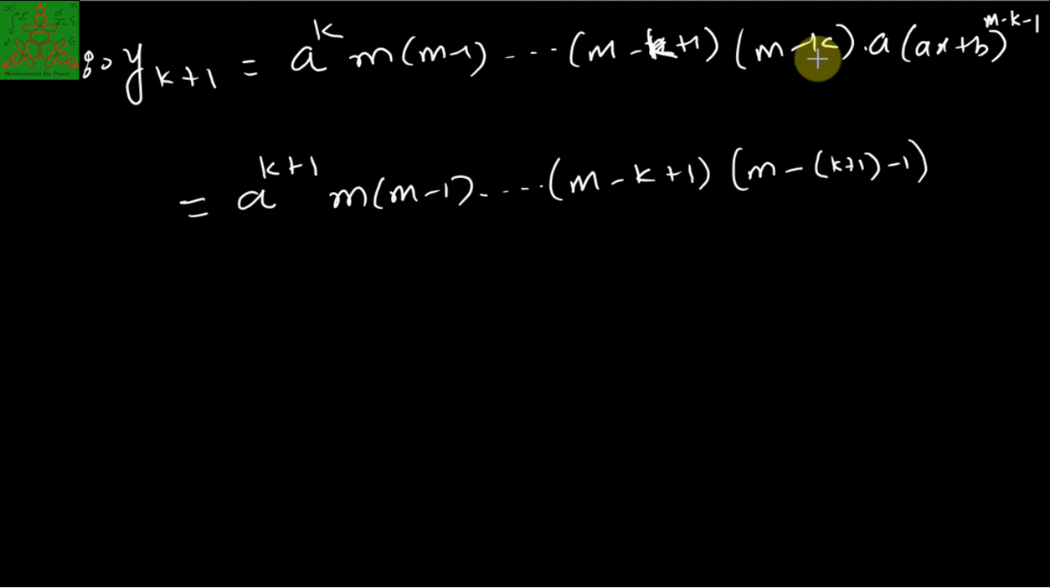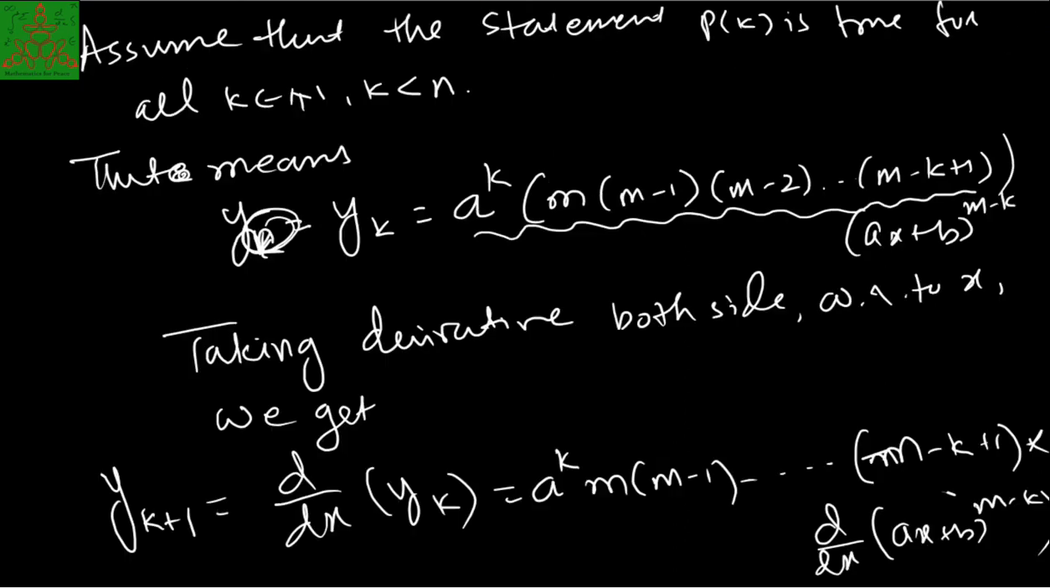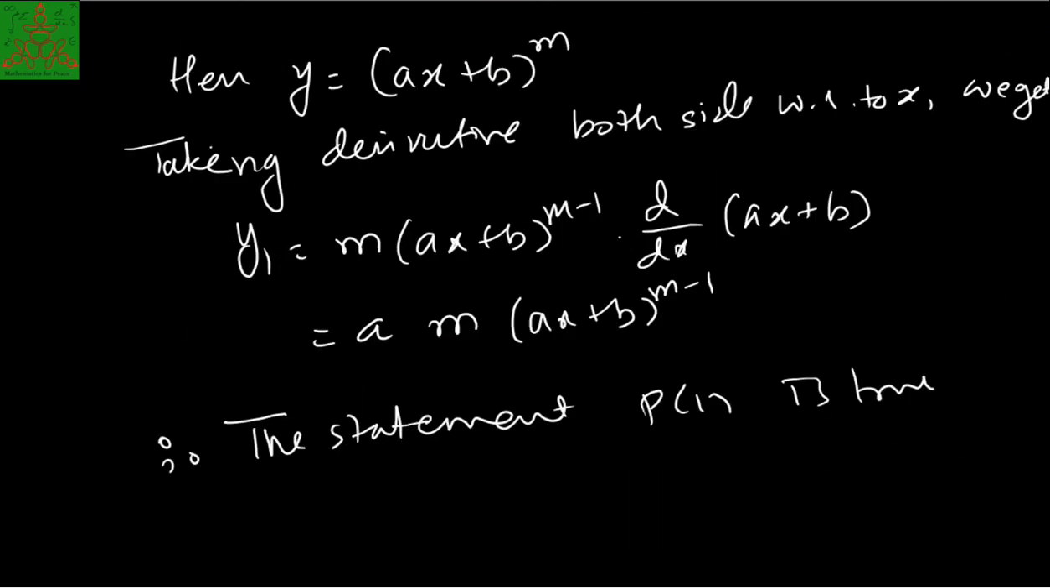So it is (m-k+1), okay, and (ax+b), here also I am taking m common, minus sign is common from this k and 1, so that's why it is k+1. Now you can observe that in the previous y_n statement